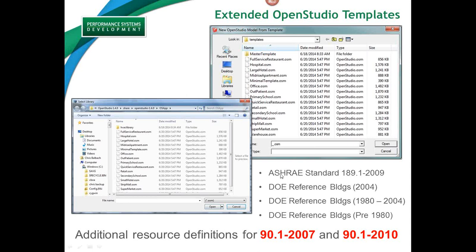So prior to version 1.4, there were templates available for these 4 types of buildings. ASHRAE Standard 189 are DOE reference buildings of 3 different vintages. And those templates were again broken down by climate zone and also by sector. For OpenStudio 1.4, we have a new set of templates which address 90.1 2007 and 90.1 2010 compliance objects. So as an example of that, you'll see we use the term resource objects, and that's really what we mean